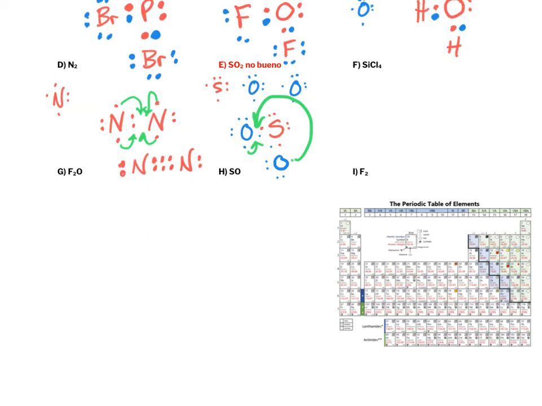But we could shift some dots around. Let's say that the 2 on the right side of the sulfur will go down to the oxygen. So the 2 that were on the right side of sulfur now can be down here, and then